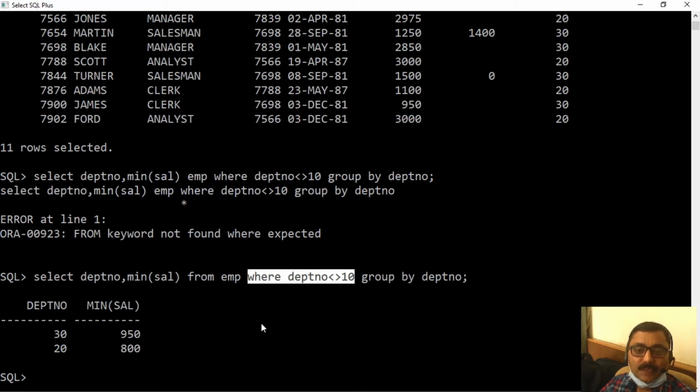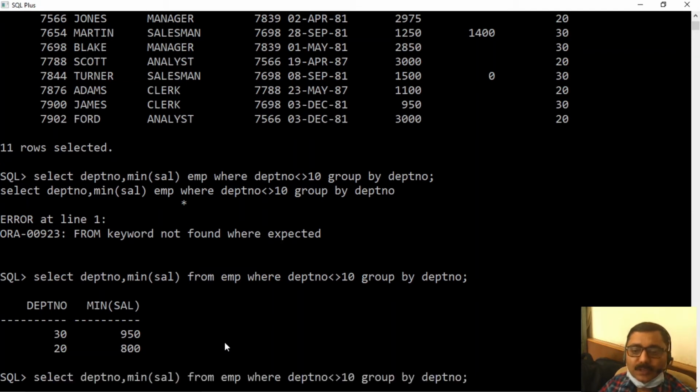Now, say department number 30 is having minimum salary 950 and 20 is having minimum salary 800. And if I want to put a condition, display department number, minimum salary, excluding department number 10, for those departments where minimum salary is greater than 800, then what will be my query?